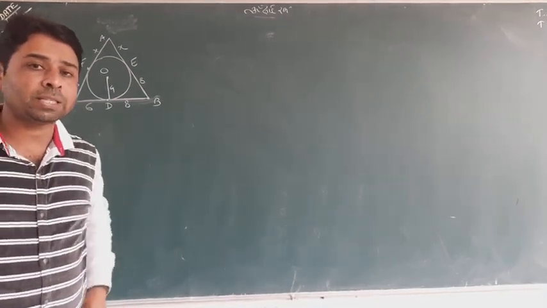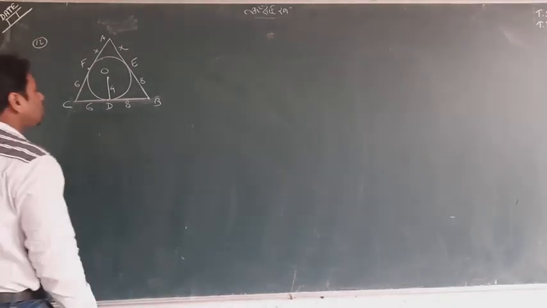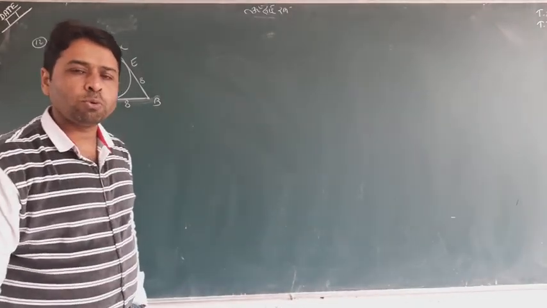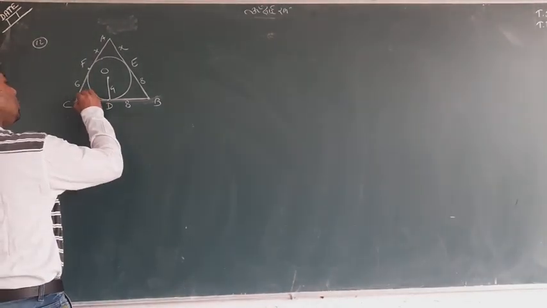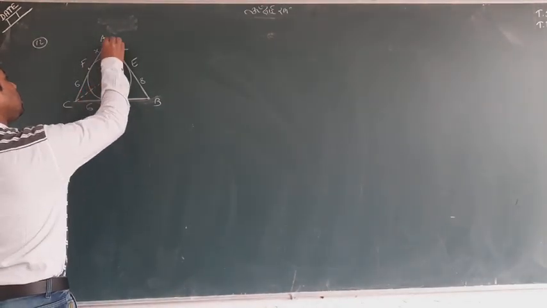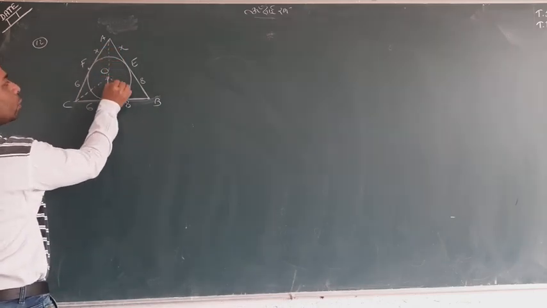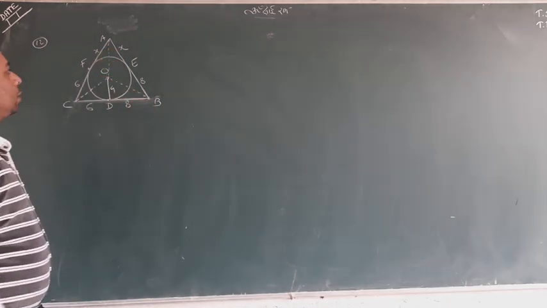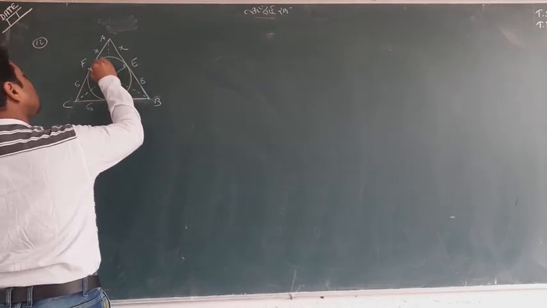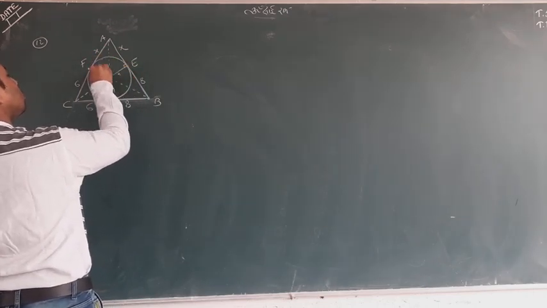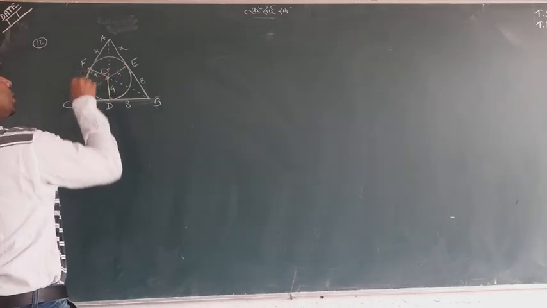So how can we find x? Look at it. Let me tell you something. This is not so easy a question. We have to do a little bit of hard work on that. First of all, I'll join this, and I will join this. After joining, I also join this. This is 90. I also join this. This is also 90. This is 4 also, and this is 4 also, because it's a radius.